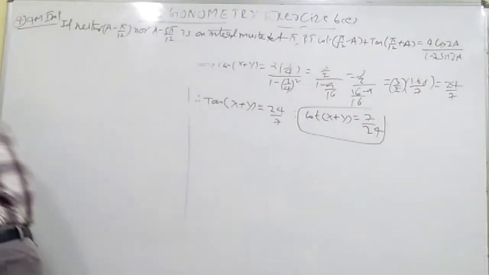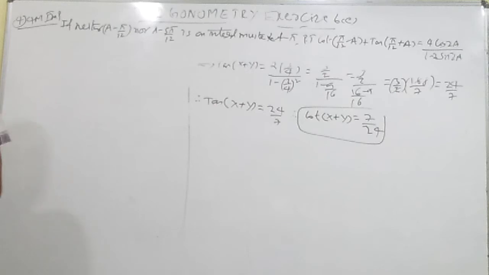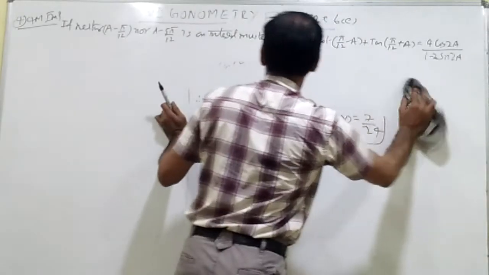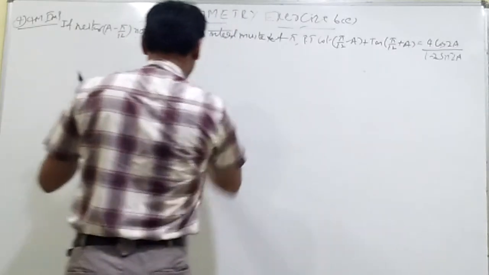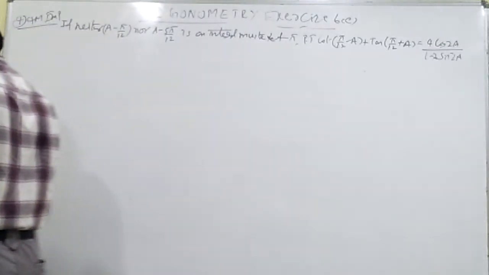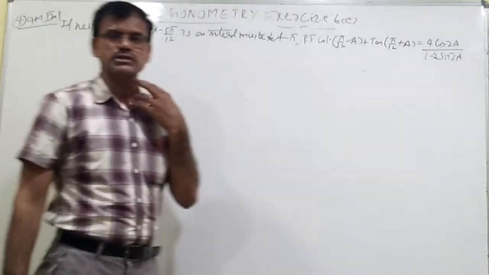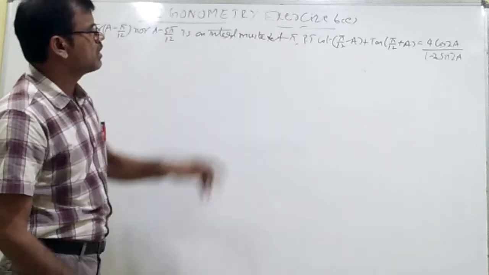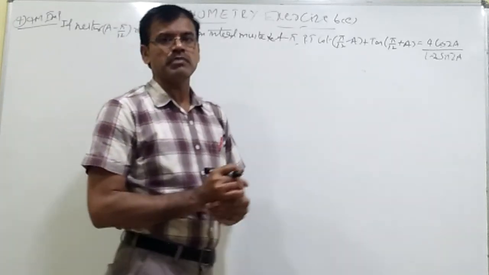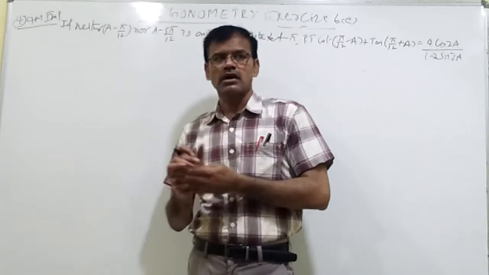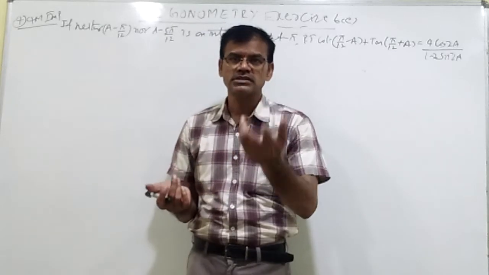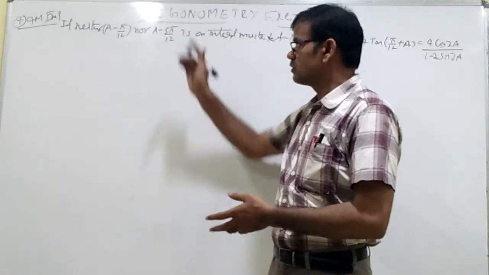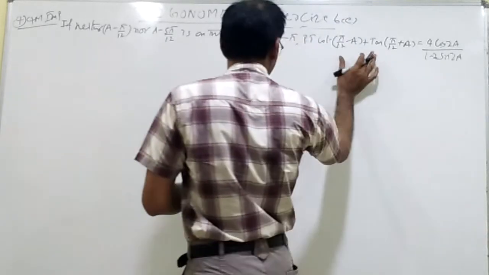That's all. In the previous textbook, hence deduce that tan 15 also was there, but now they cancelled the question. We got here 4 cos 2a by 1 minus 2 sin 2a. Why is he giving the condition like this? If it is an integral multiple of pi, cot pi becomes cot 180, cot 90 plus 90, minus tan 90, minus infinity. So you should not get infinity. We need no need to bother about the condition. Now apply according to our rule.